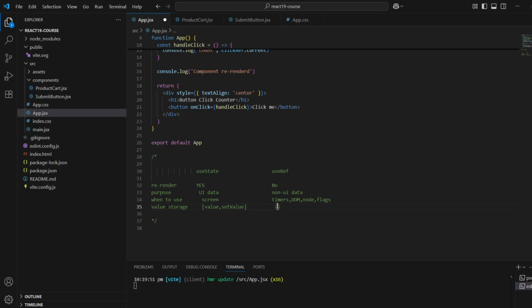We saw here that it stores current and whatever value you have. So to access it, you have to write the object name where you are storing the ref, and current. Like what we have done here, click ref dot current, right? This is how you can store and access the value.